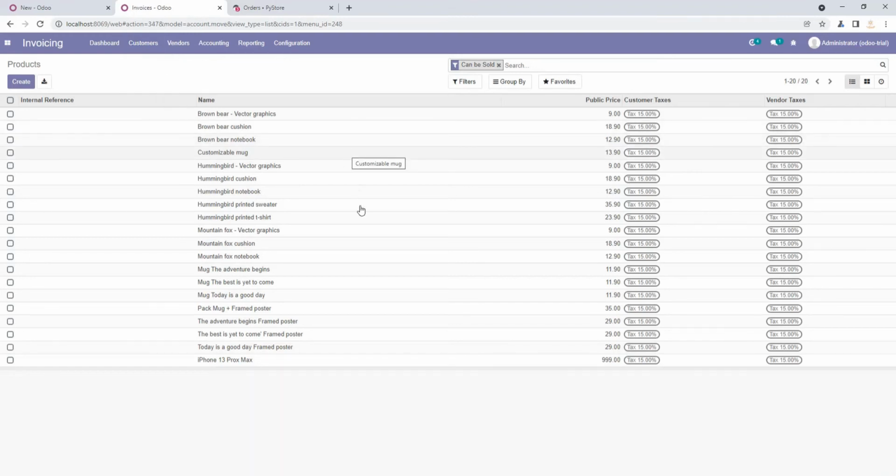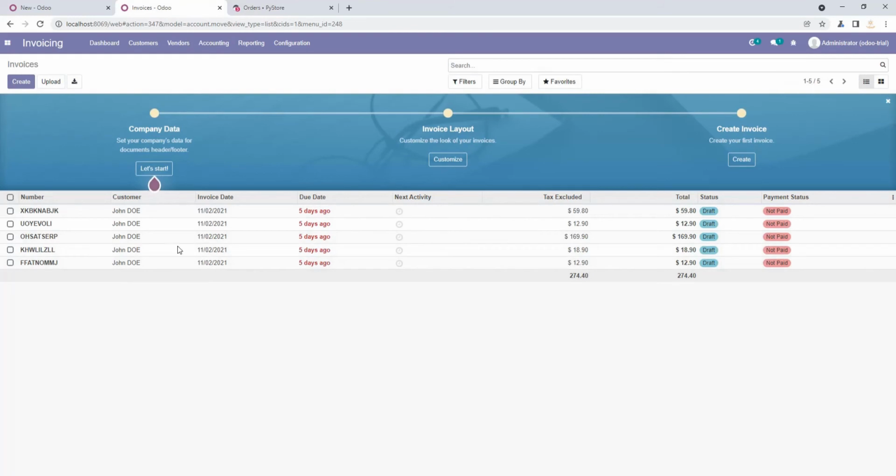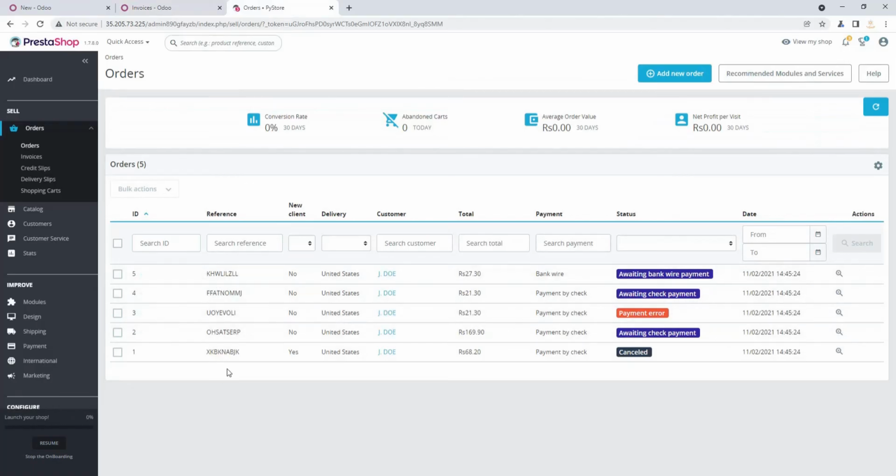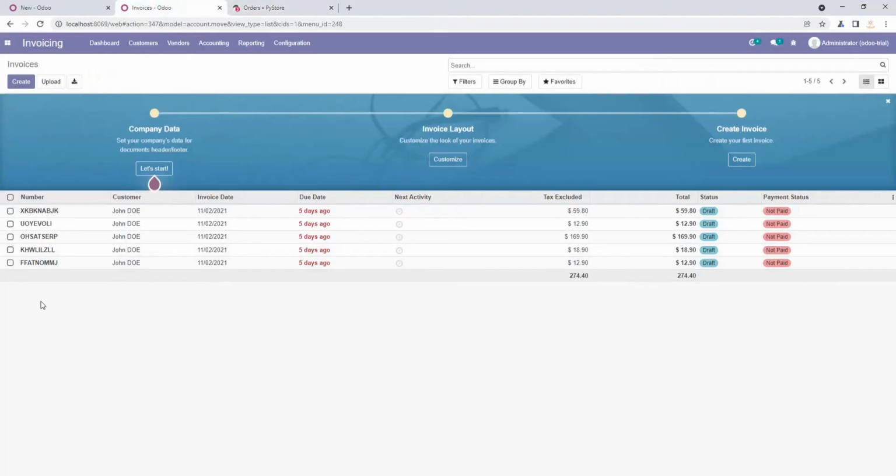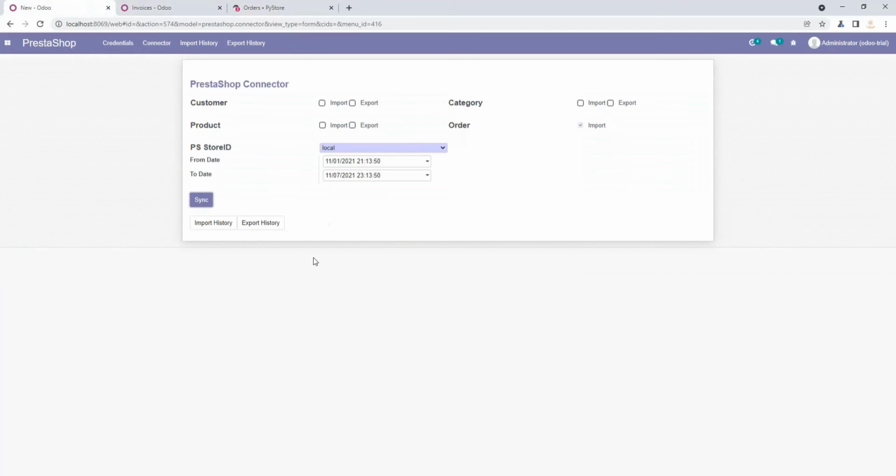As you can see, all the invoices are imported successfully in Odoo. You can also verify from the reference numbers mentioned here. So the import option of the order works perfectly.